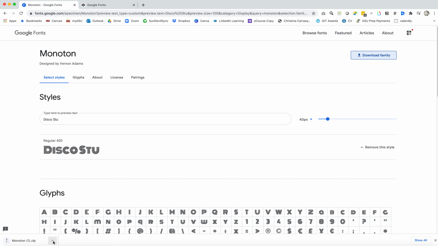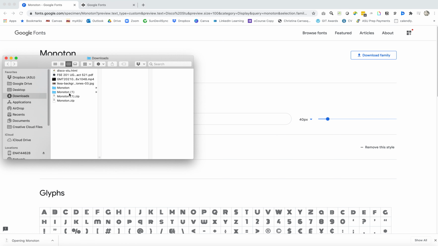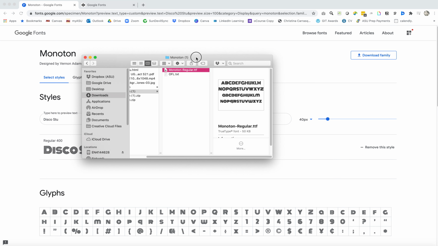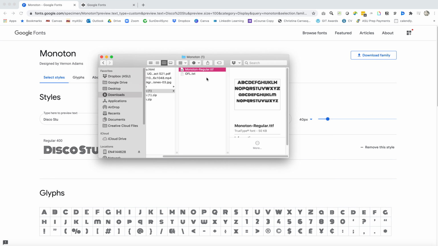That downloads a zip file, and if you open it, you can see inside you've got the font and the font name, Montone-Regular.ttf. It's a TrueType font. There are different font file formats, and you'll want to make sure that you are using the one that would be correct for your browser, for your user.